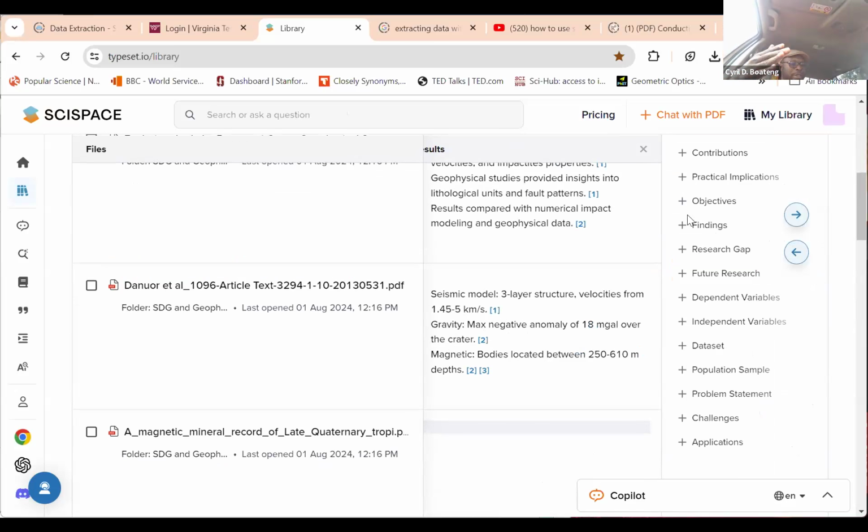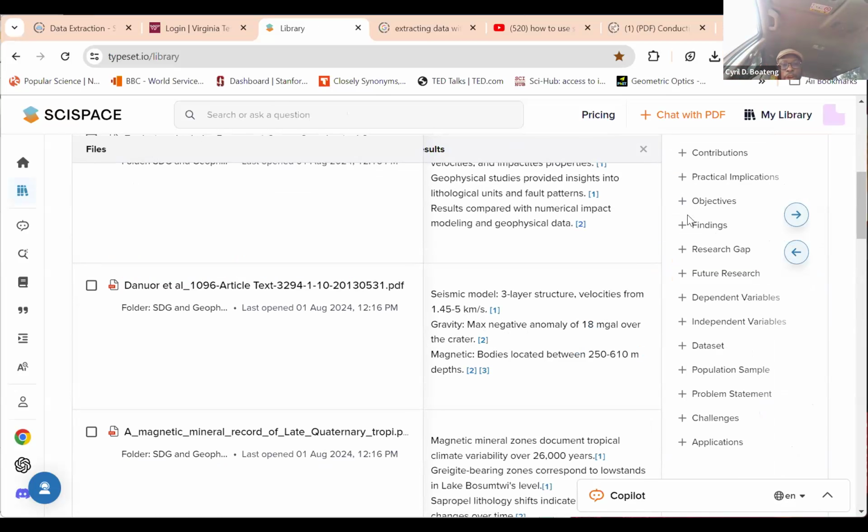So in this case, let's say you've already done your search, and as you've done your search, you've been able to get the papers that you want to focus on to extract data. You can upload all those papers into your SciSpace, and here you can compare and extract the data from all those papers.